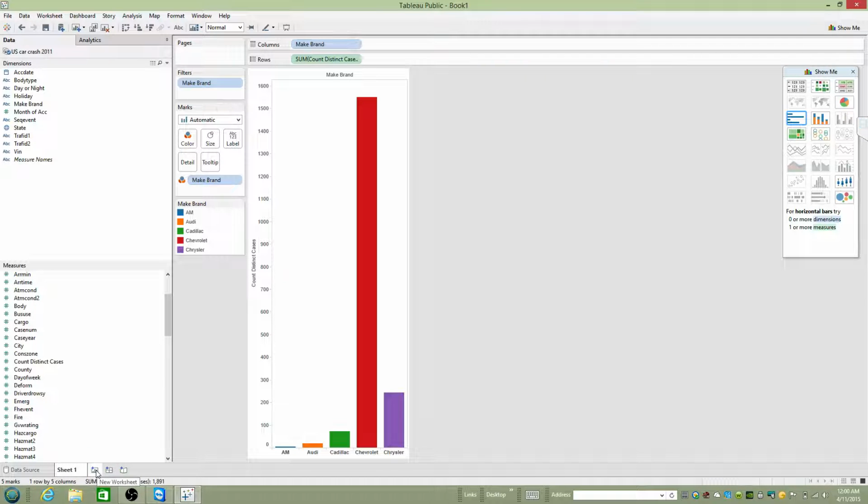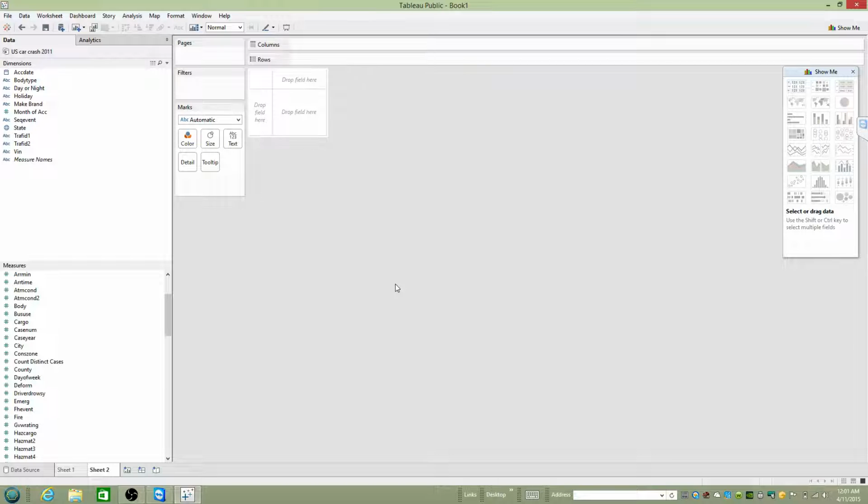Now go ahead and click on a new worksheet. If you look at the left side of the screen at the bottom, you will see a new worksheet. Just click on that. Now this is very similar to a worksheet in an Excel book. You can open different tabs, so it's exactly like that. Once you have this open,